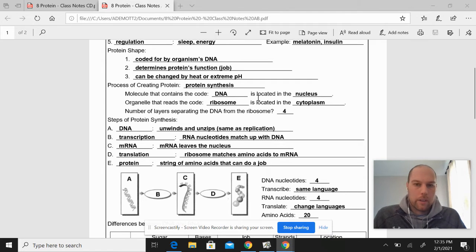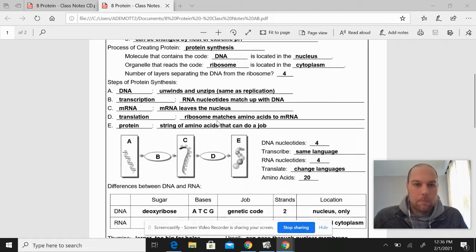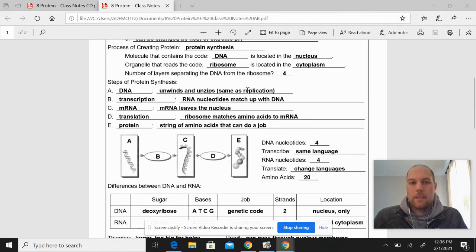The other organelle that does the work here is the ribosome. The ribosome is the one that actually reads the code, and we'll get into how it does that. It's located in the cytoplasm. Sometimes you'll hear that translation occurs in the cytoplasm, which is true, but it's the ribosome doing the work. There are many ribosomes doing the work in the cytoplasm. And the DNA is very well protected. It has four layers, including the nuclear membrane and the nucleolus, that protect it from